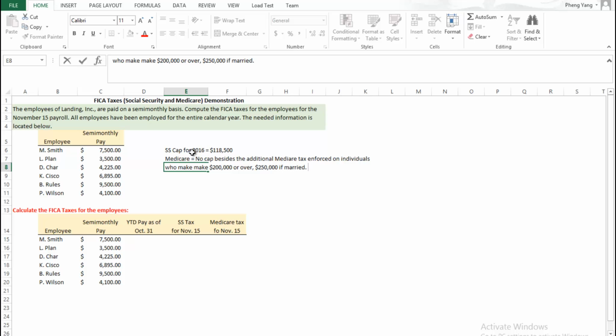Okay, get the details of that in the book for Medicare, but that is the basics for